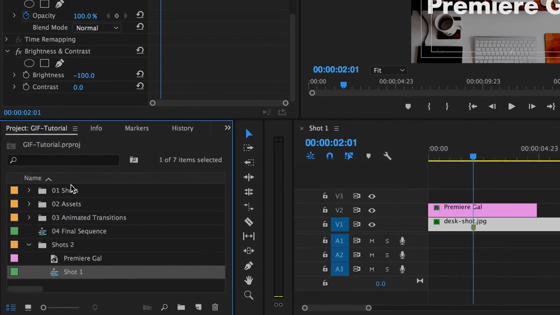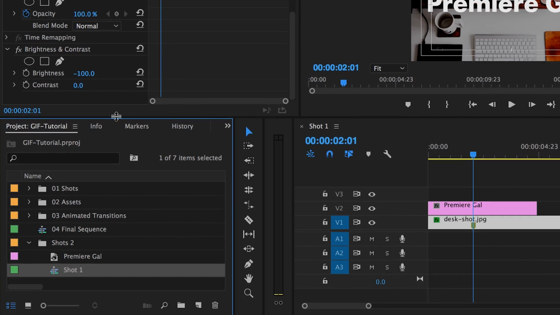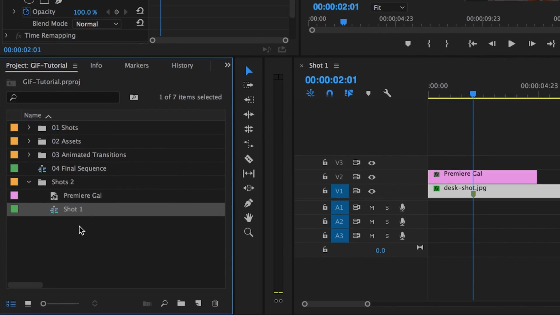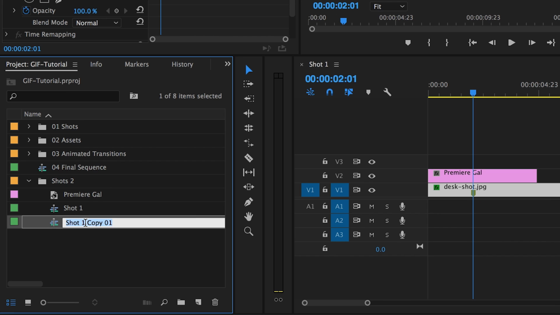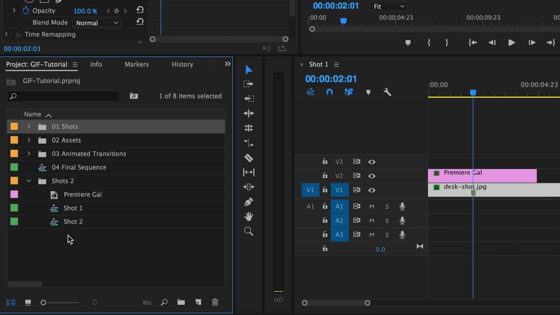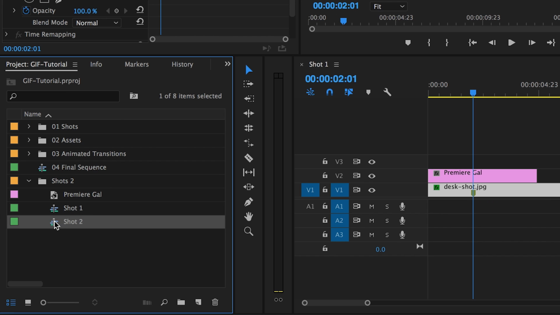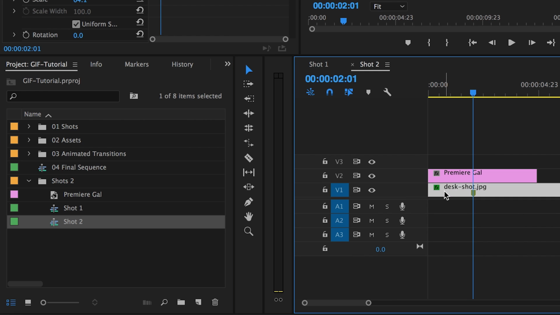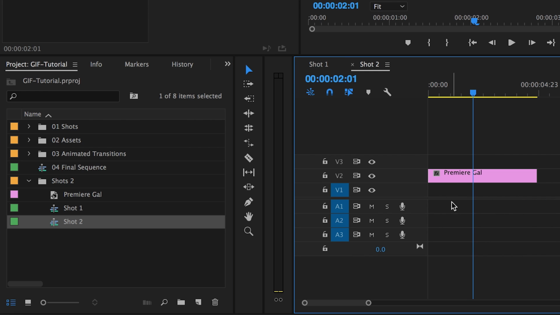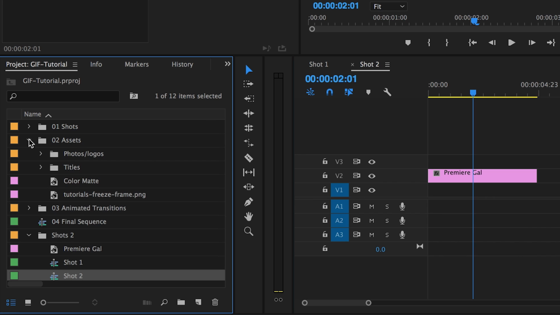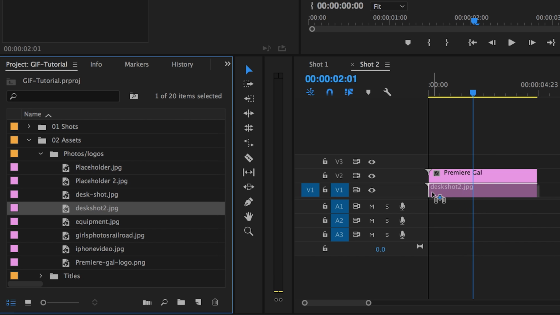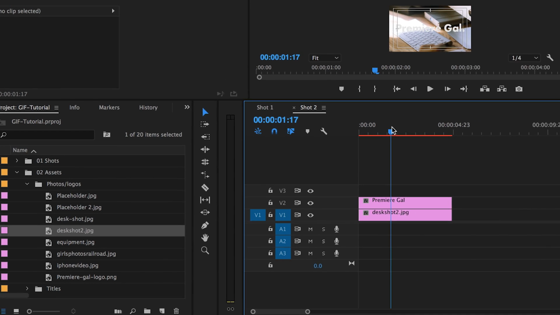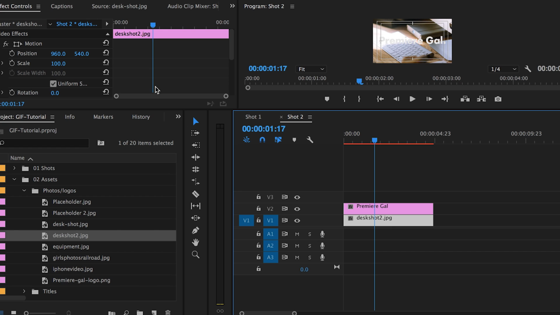And now let's go on to make shot 2. So what I'm going to do is Control click on this shot and hit duplicate. And I call this shot 2. Let's open up shot 2. And I'm going to delete this desk shot, and I'm going to go back and find the second photo of the GIF, just this one, drag it into the timeline here, and let's adjust the scale,